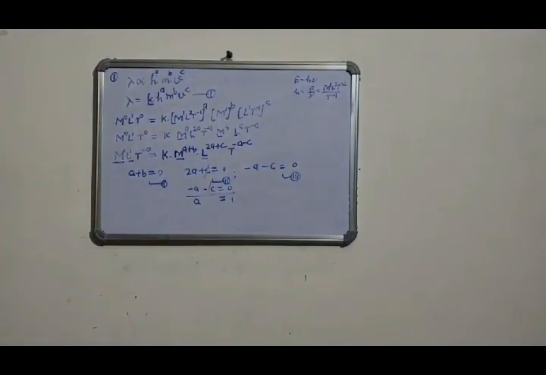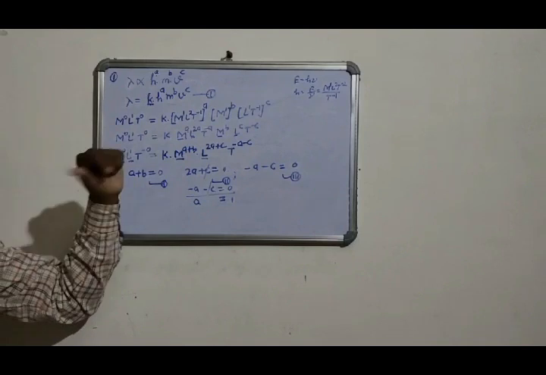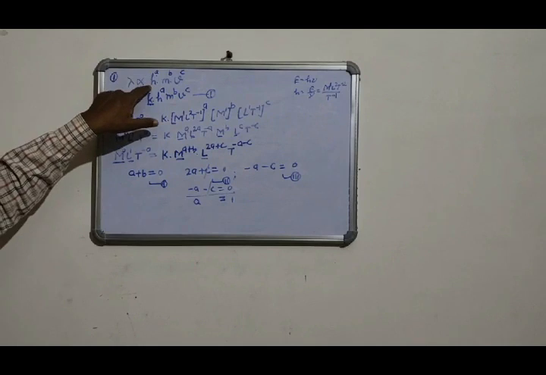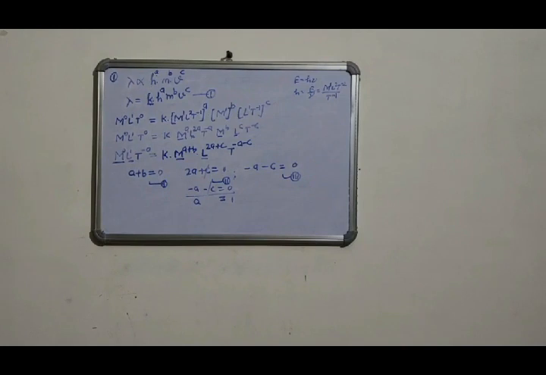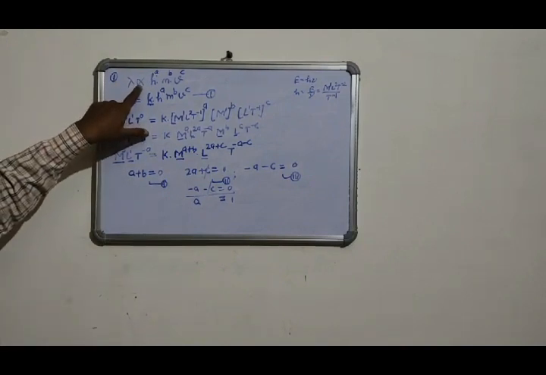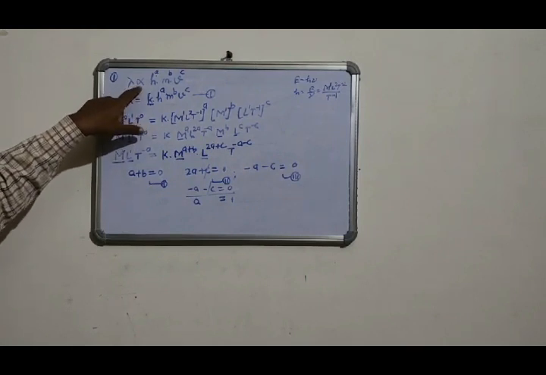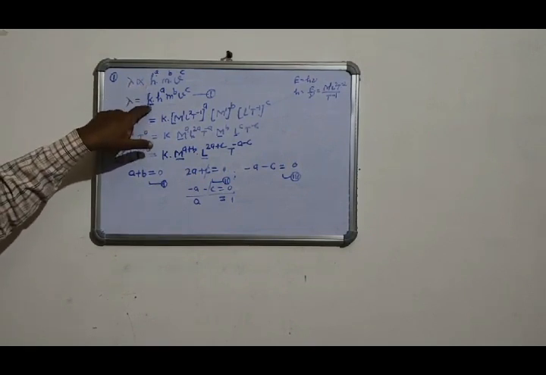The first example is: derive the relation between wavelength lambda, Planck constant, mass and velocity. The wavelength lambda produced by a moving object depends on the Planck constant, the mass of the object and the velocity of the object. It is a proportionality sign, and we can remove it by using equals to and a constant. So lambda is equal to